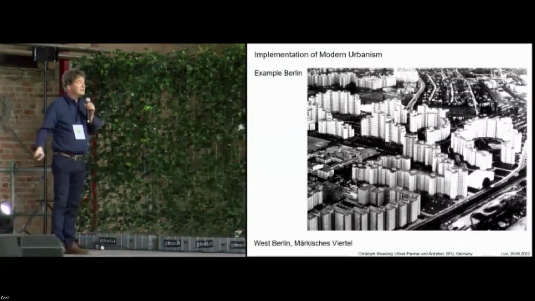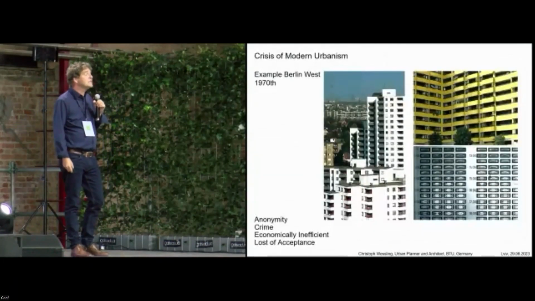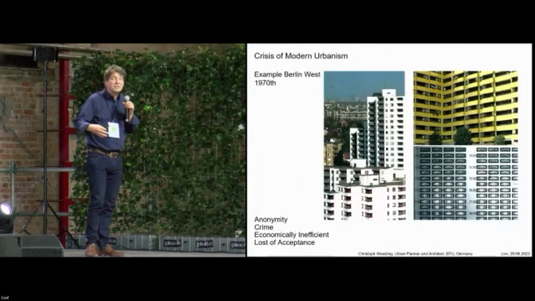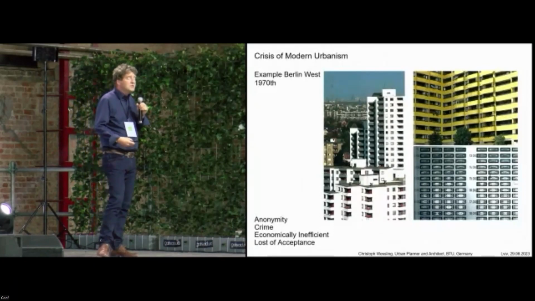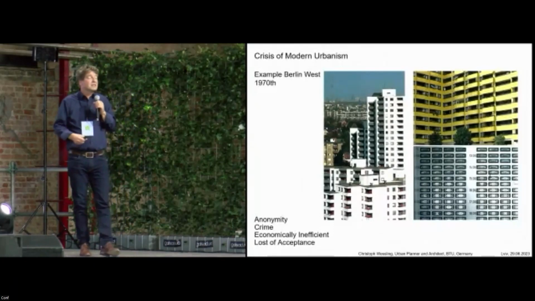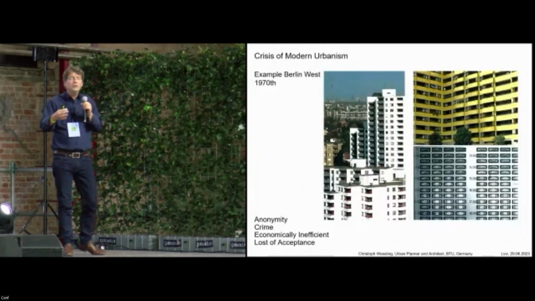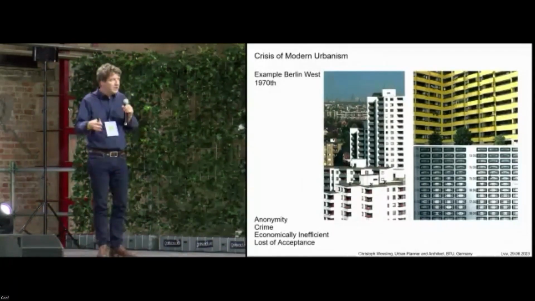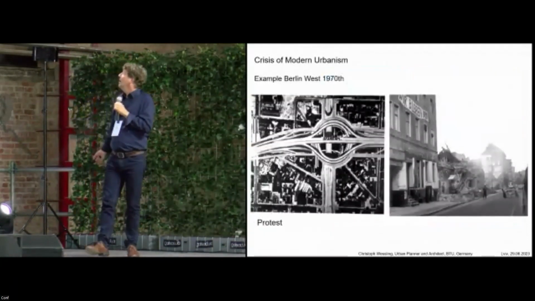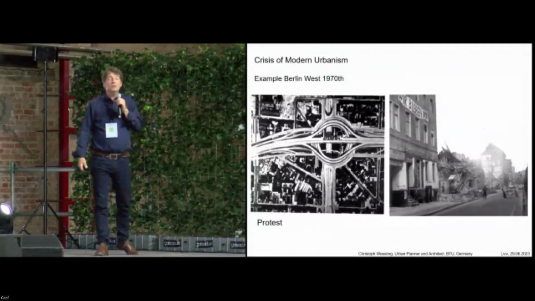But in the 1970s, a lot of critique of this urban development started. It was clear that it's too expensive, we cannot transform the whole city in that way. The people also demonstrated against this transformation because they preferred to stay in their old neighborhoods. There was a lot of house squatting, etc. These are examples from Berlin-Kreuzberg, maybe you heard about.